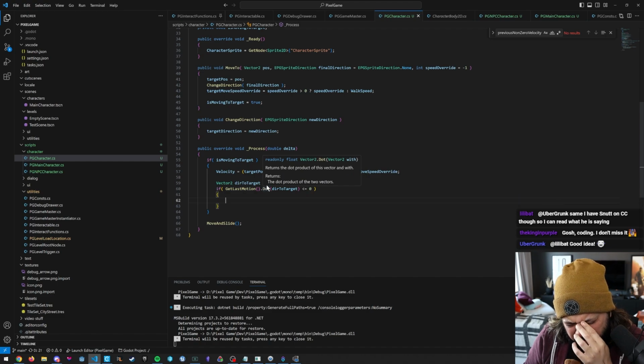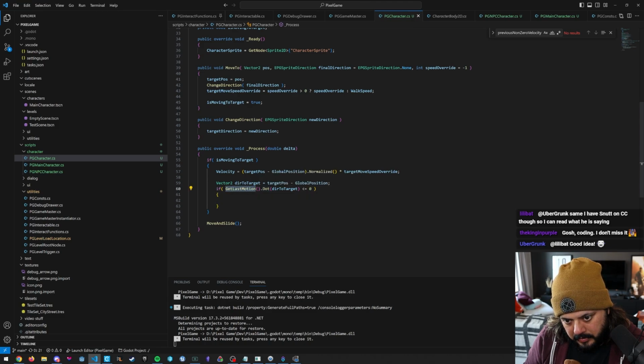Does it matter which way I do the dot? I don't think so. So if I move like this, if I'm heading towards it, the dot will be greater than 0. If I'm heading away, it should be negative, I think. If I've got this the right way around. And if that's the case,